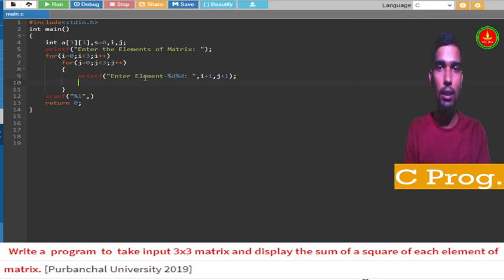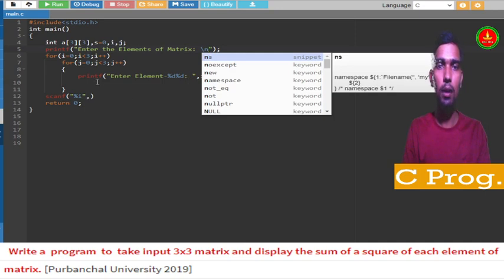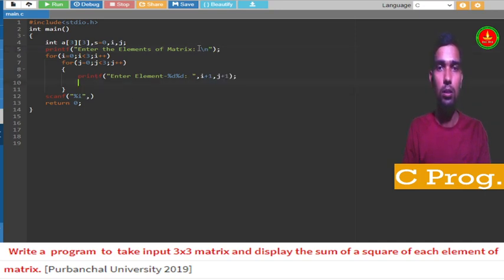And what next do we have to do? Next we have to scan, meaning take the input: scanf with %d and the address of a of i j.